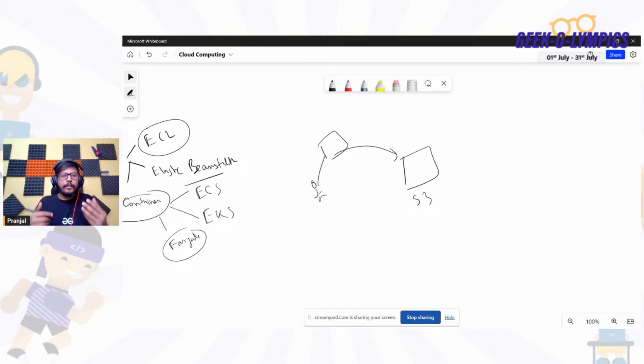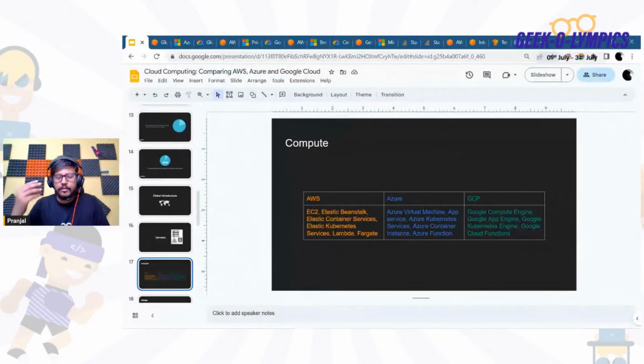So it is not a matter of which compute option you have to choose, whether EC2 or Elastic Beanstalk. It is totally dependent upon the use case, what kind of workload you want to build. So it is very important to know about the services. This is the example of the compute services which I have discussed in terms of AWS. Similarly, we have them in Azure as well.